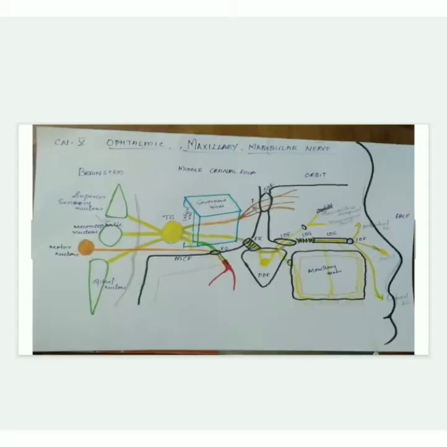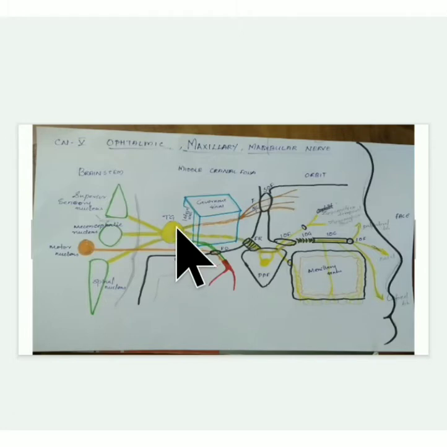Here in this picture, you can see this is the middle cranial fossa. This will become the orbit, and this is the maxilla. And here is the brainstem. From the brainstem, these four nuclei arise, the three sensory and one motor nucleus, and the sensory nerve arises from the brainstem in the posterior cranial fossa, enters into the middle cranial fossa,